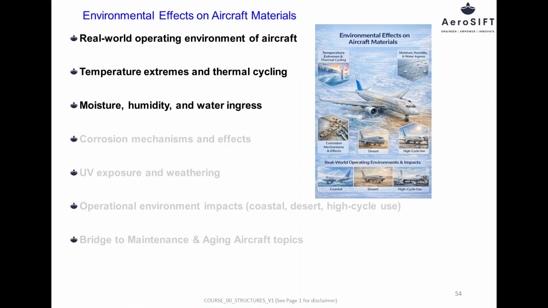Moisture moves into aircraft systems by wet weather, condensation, and even vapor diffusion. In composites and adhesives, water is absorbed and can reduce matrix and bondline strength via plasticization and hydrolysis. In metals, trapped moisture in joints or scratches leads to localized corrosion and can drastically shorten fatigue life where salt and pollutants are present. Understanding diffusion, trapped water crevices, and how moisture changes local mechanics is key to predicting life